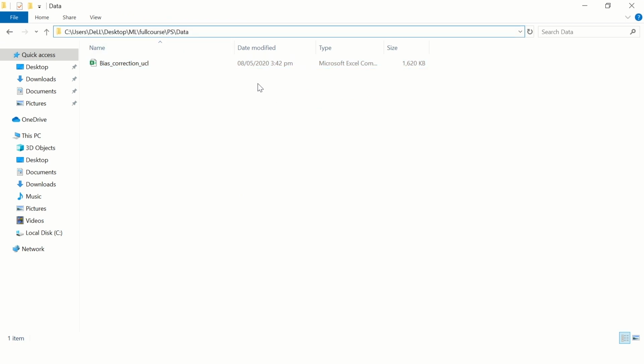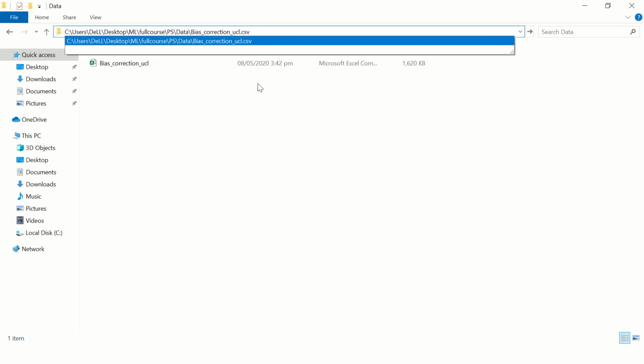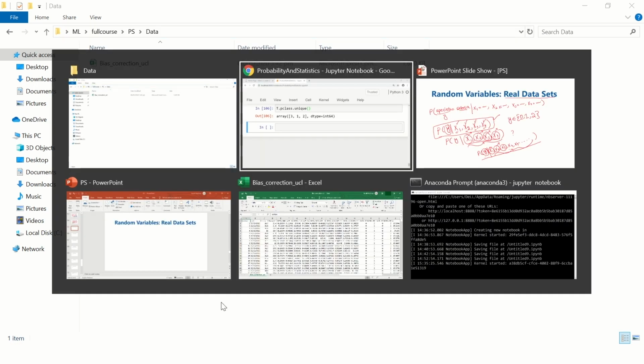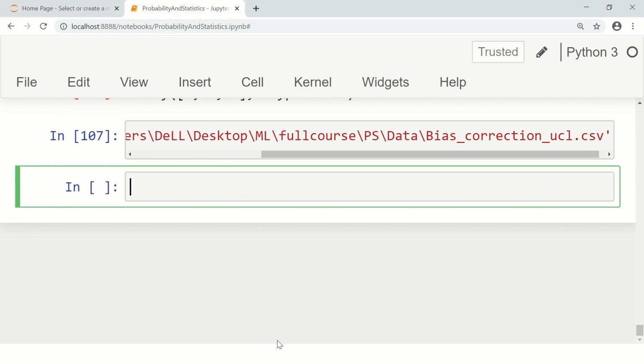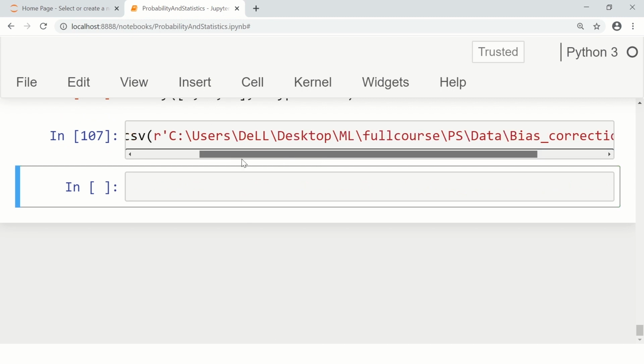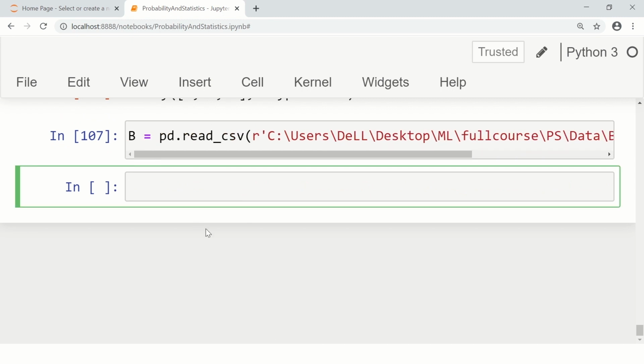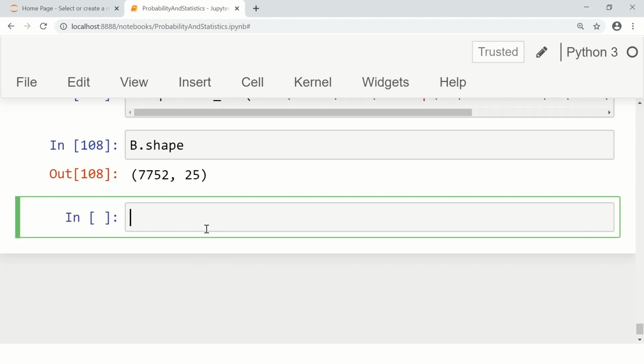Let me copy the path of it, and open up and see if we can read that file. pd.read_csv, let's see if we can read it properly. B.shape. Yeah, we read it. Now if you see B.head,